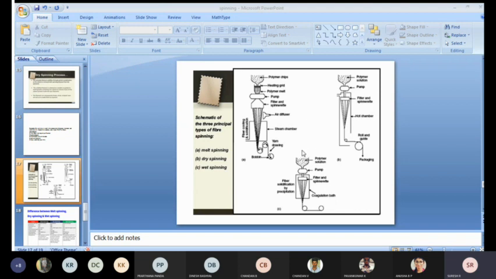From the spinneret, the fibers will be pulled out by the rollers. This depends upon the diameter of the spinneret. So we're going to get the thread-like structure. You can see in this presentation how it has been drawn into wires.